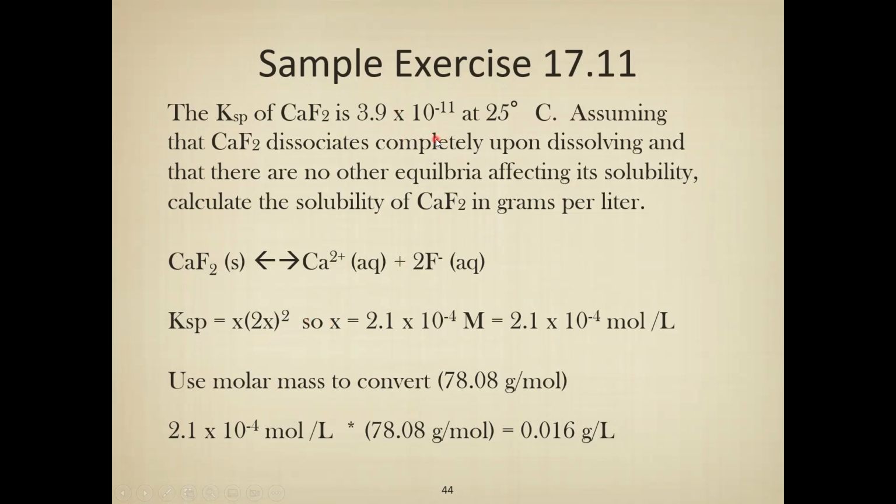And we've got the KSP. We want to solve for x then. We could just divide this by 4 and then take the cube root. What we're going to see is that gives us a value of 2.1 times 10 to the negative fourth. So with it, we can then use that value. We can then use the molar mass, because if we look at the equation we have here, we've got moles per liter. And if you want to think about it, you can rewrite it so it's a little bit easier to see the fraction. But we've got 2.1 times 10 to the negative fourth moles per liter times